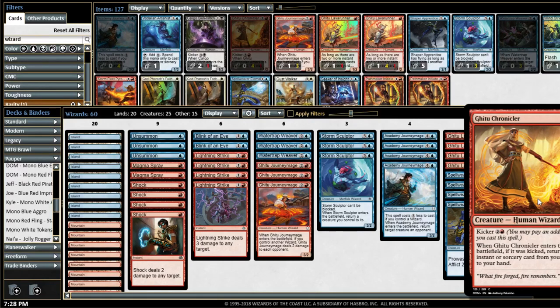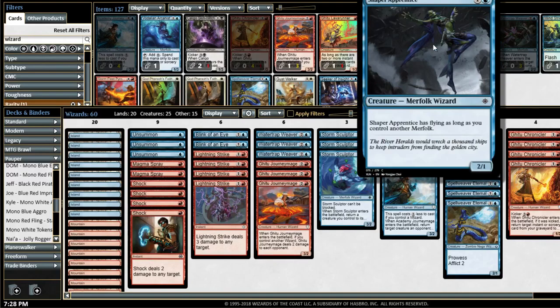But I would understand if you wanted to play this deck a little more aggressive and less grindy, and then just play the more aggressive creature with Shaper Apprentice here. It's not going to have flying as often as I would like to for sure want to play this card, but it is the right...